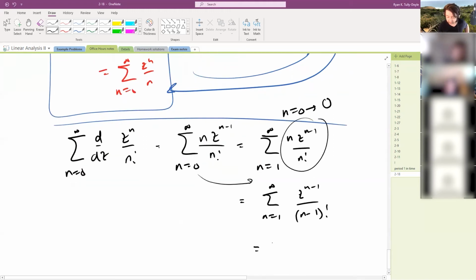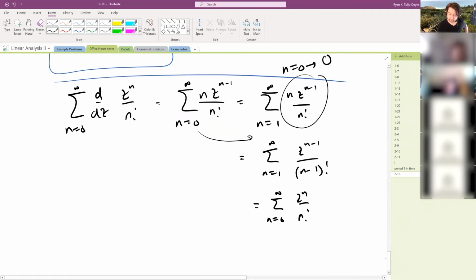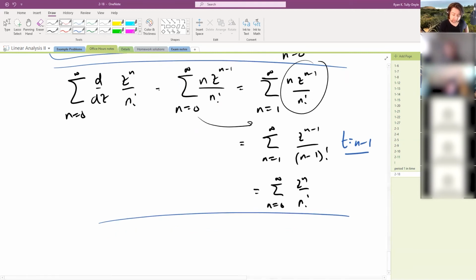And now I can just index shift back to the original series. That's it. Here, if you like, you could set t is equal to n-1, say. Or, and a lot of people did it this way, you could write down that really what you're doing is